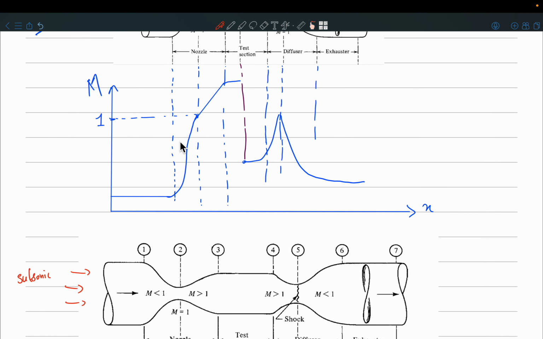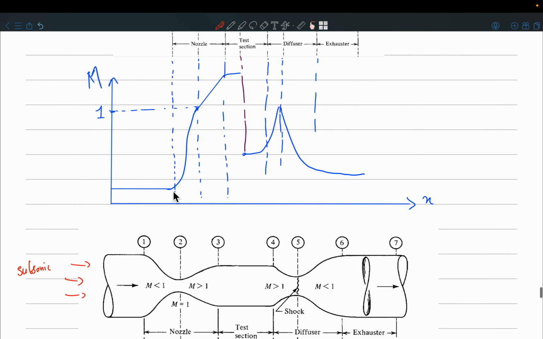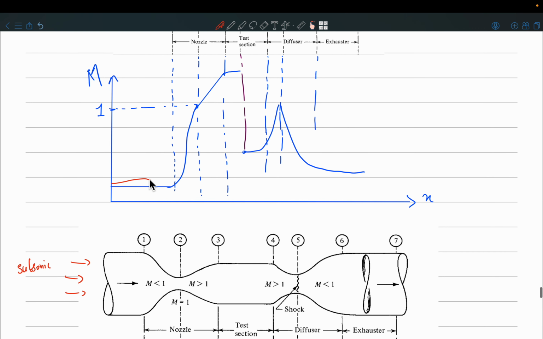Maybe I'll draw here itself so that you can compare. So again the Mach number is going to increase. It is going to increase up to 1 here, after which it will become supersonic, and it will remain supersonic throughout the test section, right? And what happens in the diffuser part? So now see, the flow is supersonic and this part of the wind tunnel is converging, so it is going to act like a diffuser, right? If you remember, when Mach number is more than 1, converging section is a diffuser. So then the Mach number will start decreasing,